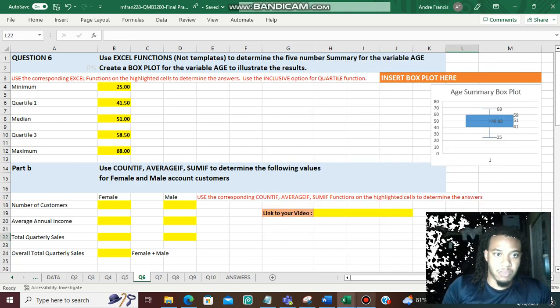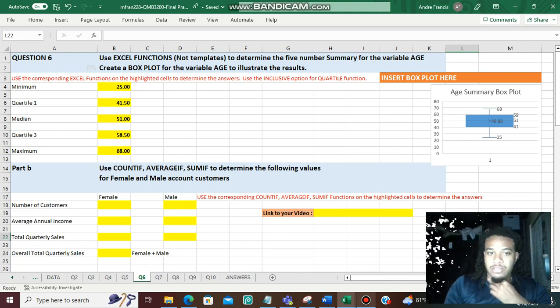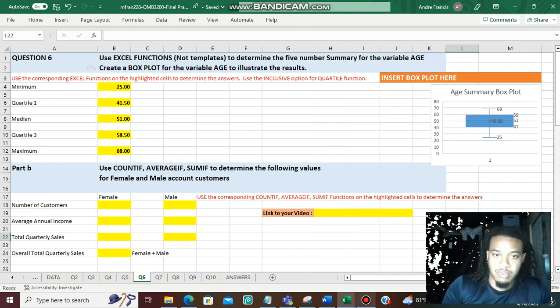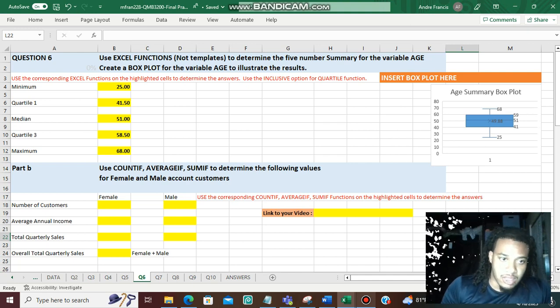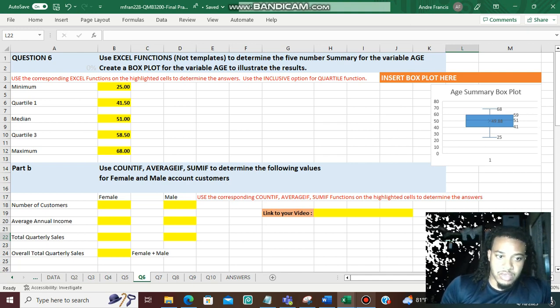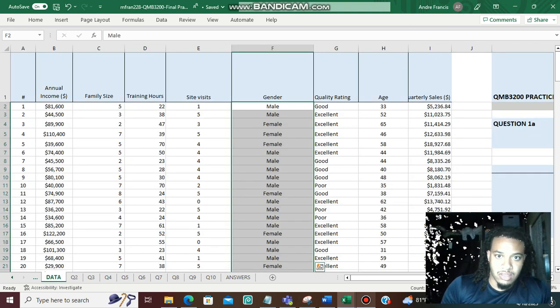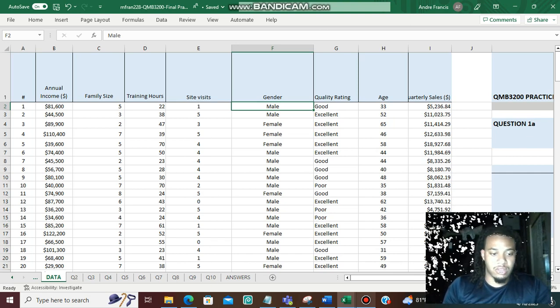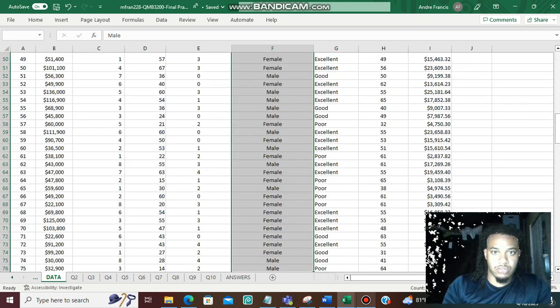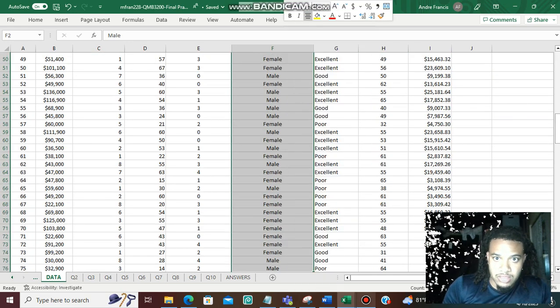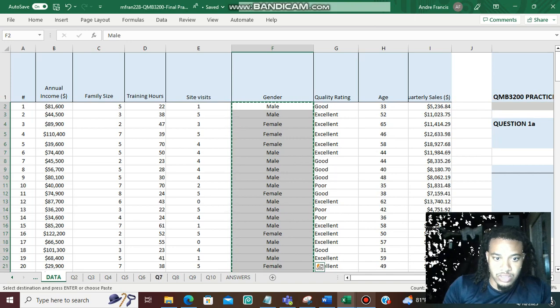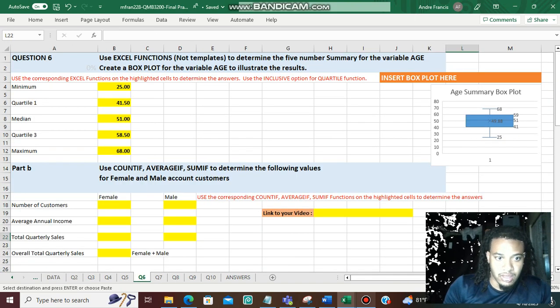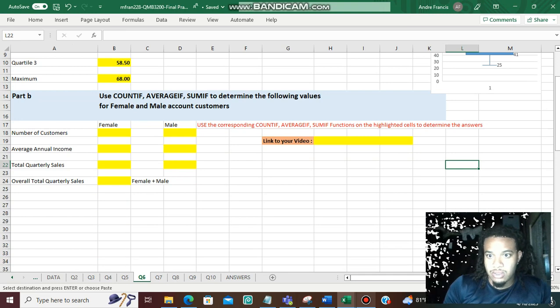For question 6, part B, we need to use COUNTIF, AVERAGEIF, and SUMIF to determine the following values for female and male account customers. Okay, so the first part is the number of customers. So we need to go to data, and we need to use the male and female customers, the gender column, and then you control shift down, copy this, and bring it to question 6, and we bring it here,